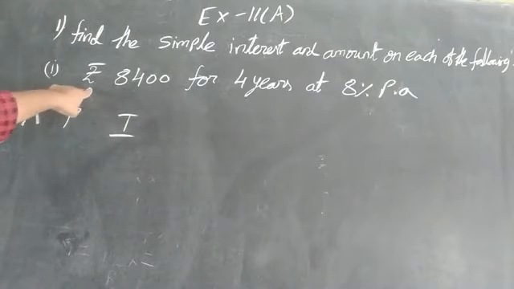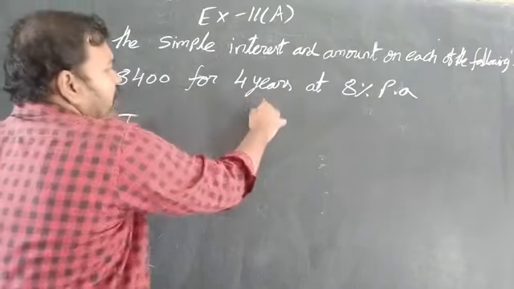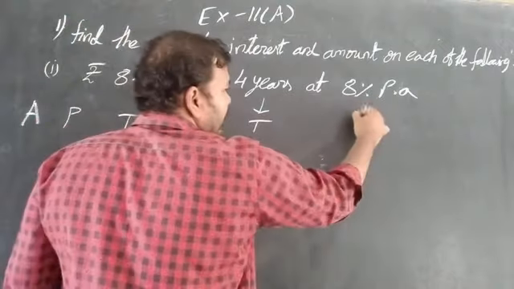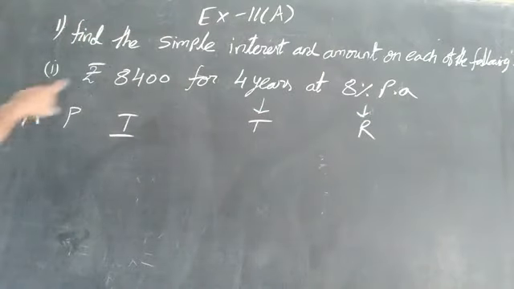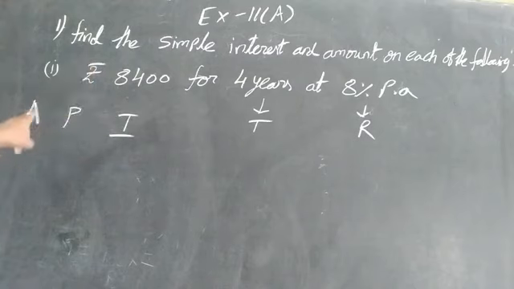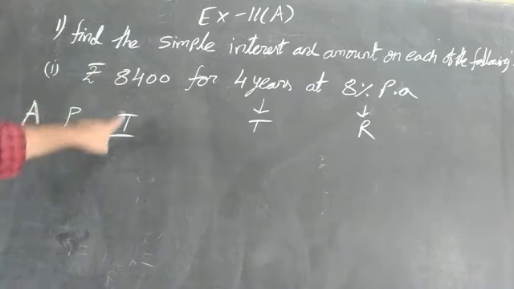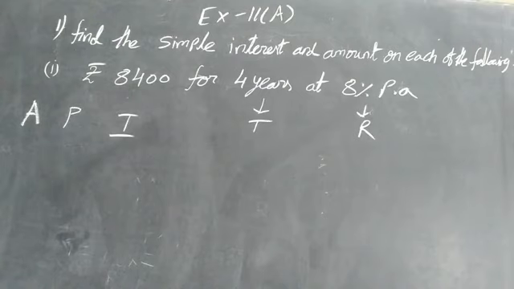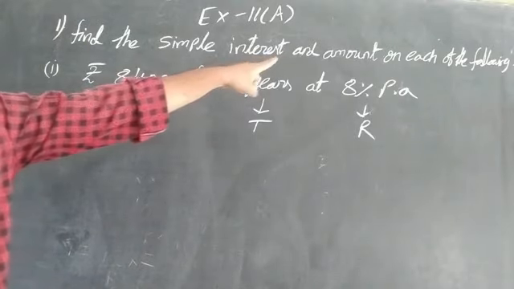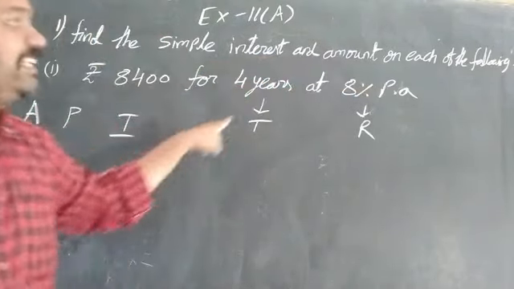The rupees form, 4 years, we simply know that this is the time. The percentage form is related to rate. But this 8,400 is which one? Either amount, principal or interest. Out of these 3, we have to decide which one it is. Many of you are reading the question and understanding, that is okay. For those who are not reading and seeing the question, I am saying here: the spelling of amount is given here. Amount on. I said amount is there.